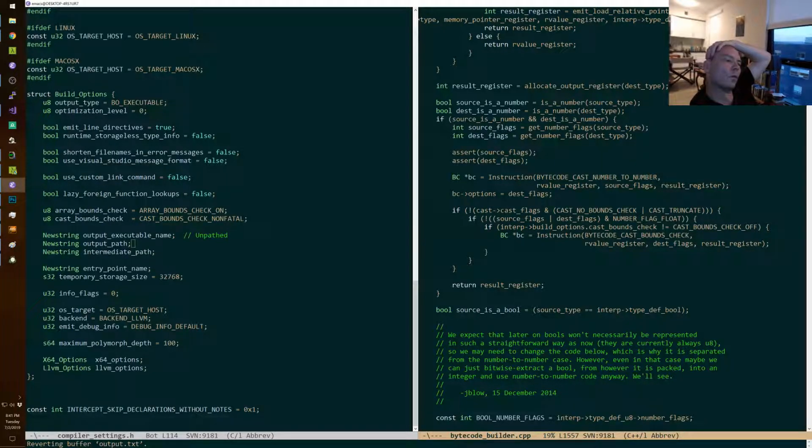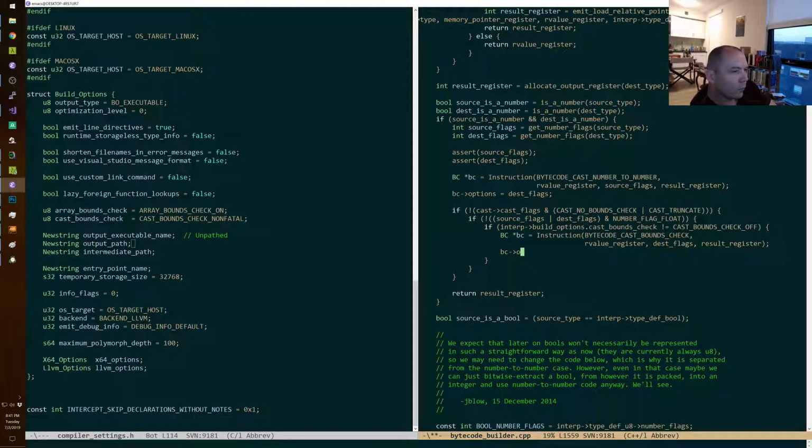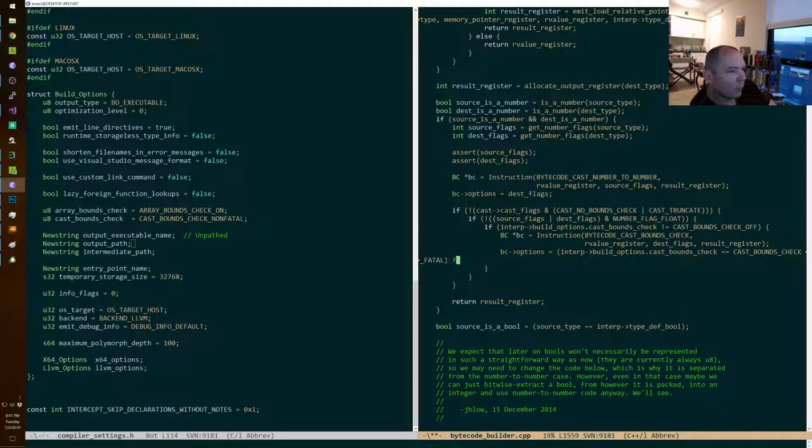And that's going to be set to 1 or 0 if it is fatal.